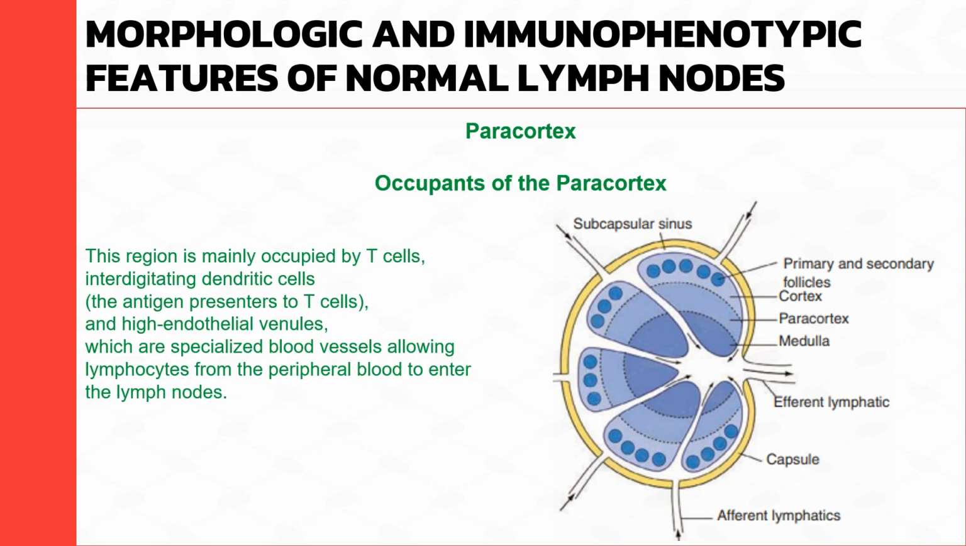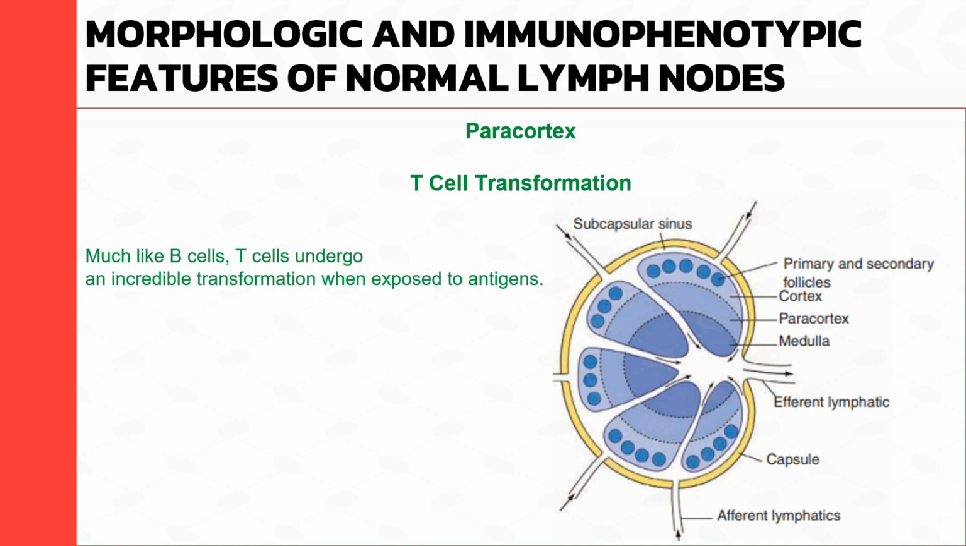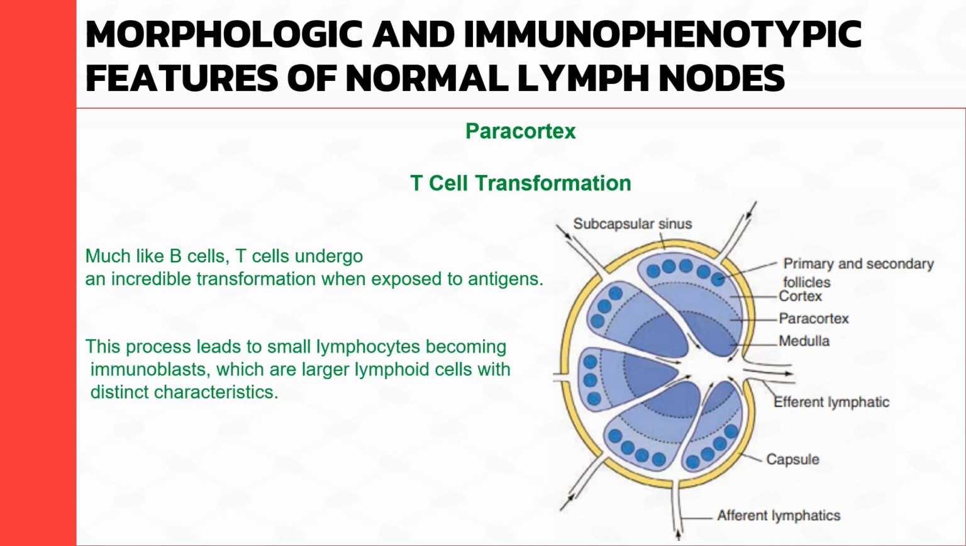This region is mainly occupied by T cells, interdigitating dendritic cells, the antigen presenters to T cells, and high endothelial venules, which are specialized blood vessels allowing lymphocytes from the peripheral blood to enter the lymph nodes. T cells in the paracortex express a variety of pan-T cell antigens like CD3, CD5, CD2, and CD7, including CD4 and CD8. In this bustling hub, you'll find both CD4+ and CD8+ T lymphocytes. Much like B cells, T cells undergo an incredible transformation when exposed to antigens. This process leads to small lymphocytes becoming immunoblasts, which are larger lymphoid cells with distinct